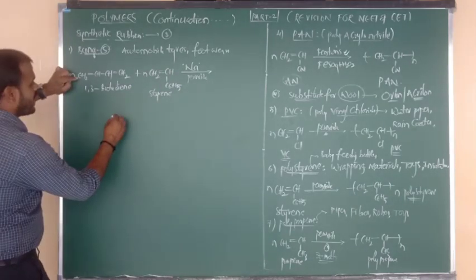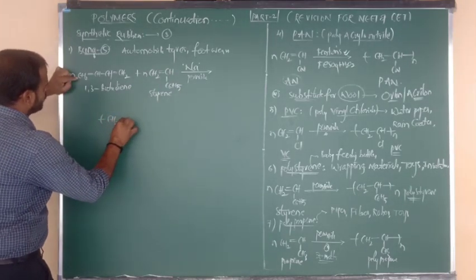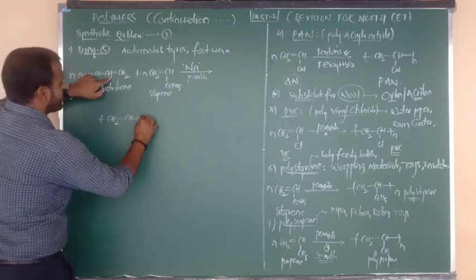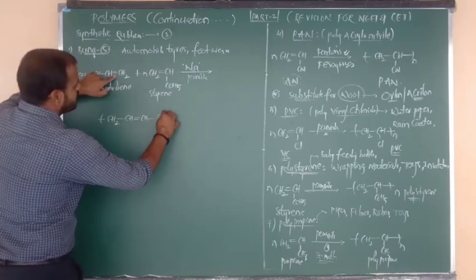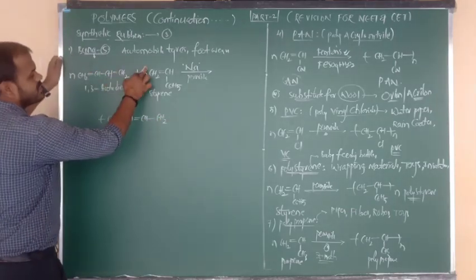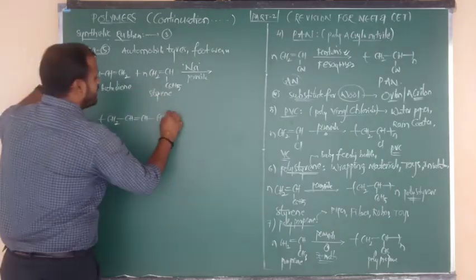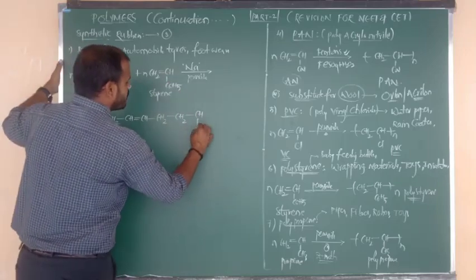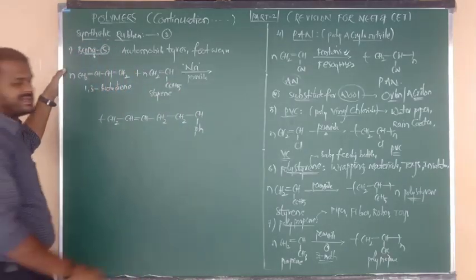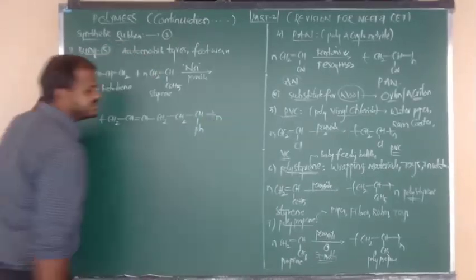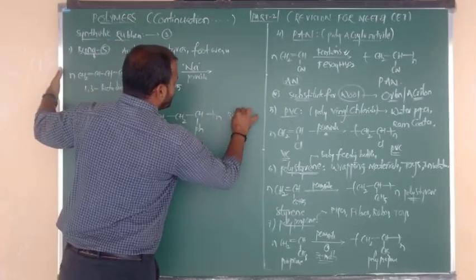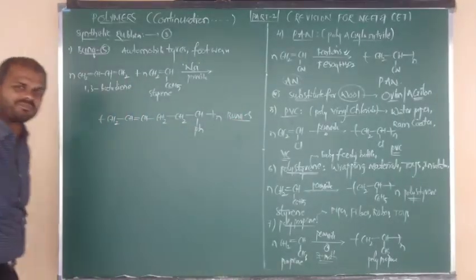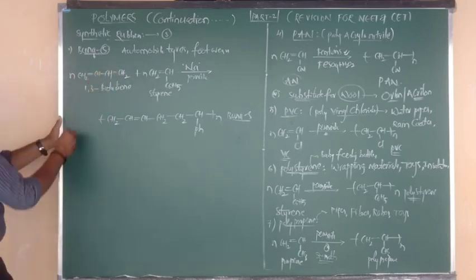First of all, I am going to write the structure here. CH2, the double bond becomes a single bond. Again after that CH, single becomes double. Again here a CH group is there. After that the double bond becomes what, beta? CH2. Yes, this pi bond was shifted here. Again we have to write CH2, the CH2 double bond becomes a single bond. Again CH below the plane, what group is there? A phenyl group, C6H5, and n. So this is the structure of Buna S rubber, butadiene form and styrene form. Okay? I have told you, beta.